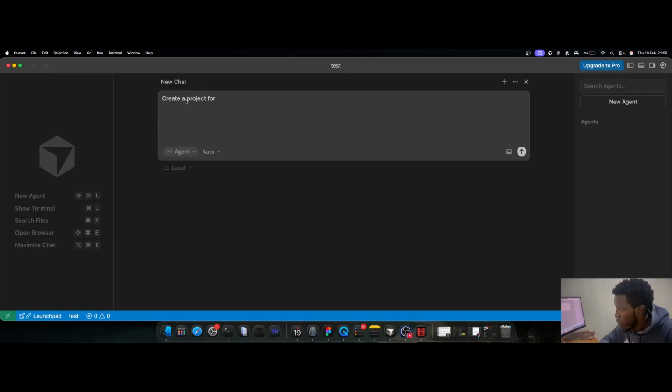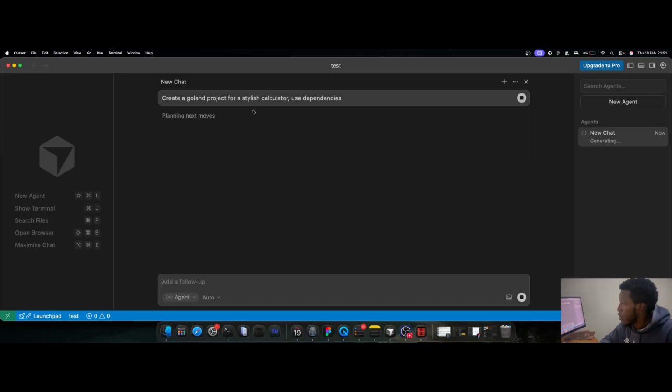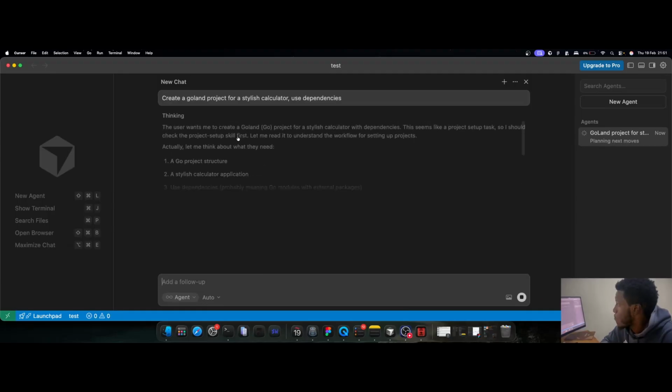a Golang project for a stylish currency curator, use dependencies, so that you can trigger the first skill. You can see that it's going to check up the setup skills first, and